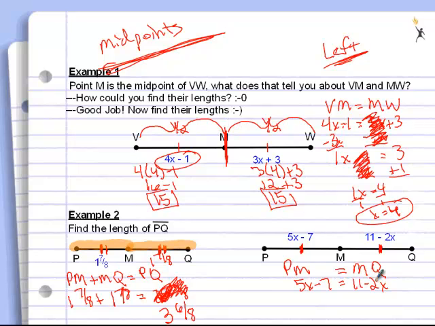Well, I'm going to use my algebra, and I'm going to move this negative 2x to the other side by adding 2x to both sides. When I do that, I get 7x minus 7 equals 11. I'm going to add 7 to both sides. When I do that, I get 7x equals 18. Divide both sides by 7. And I get x equals